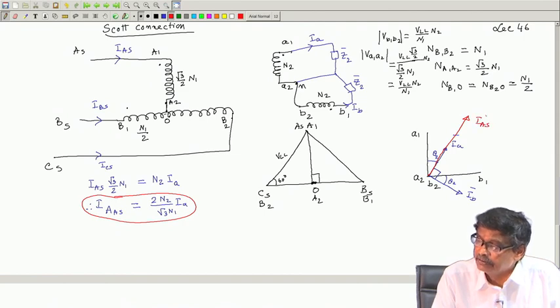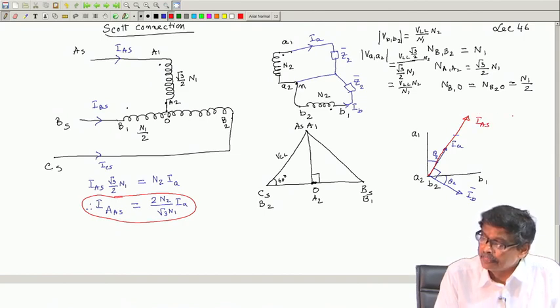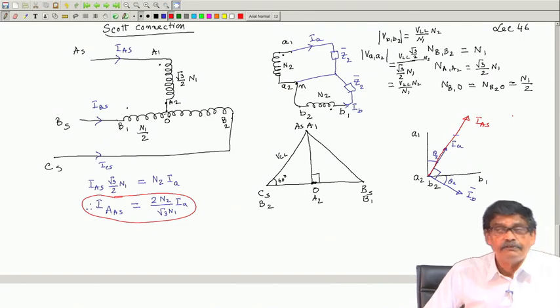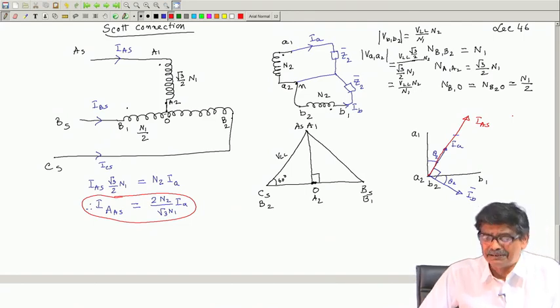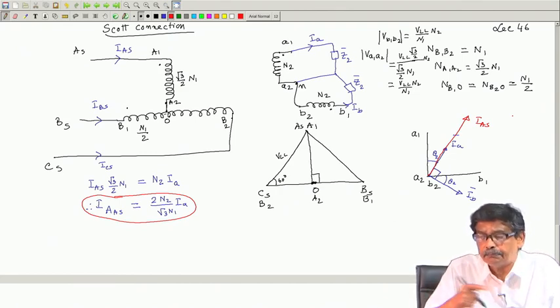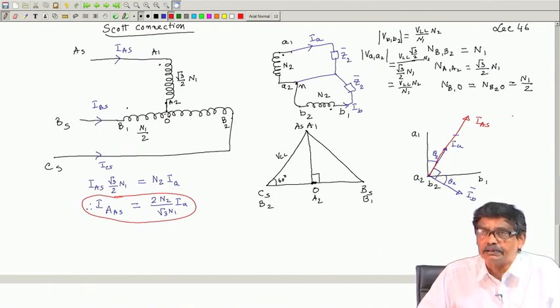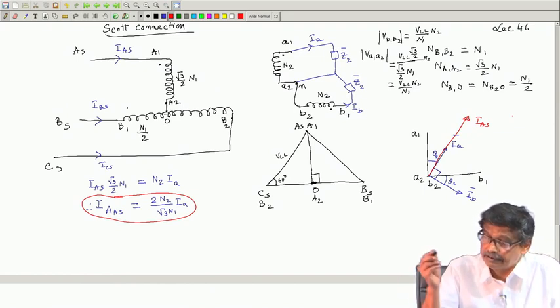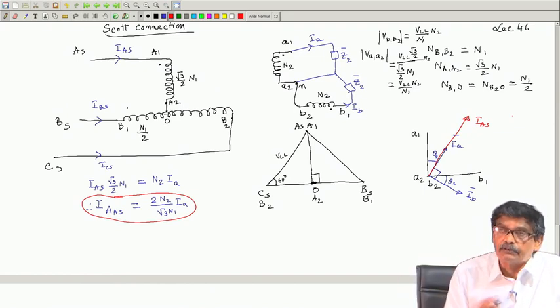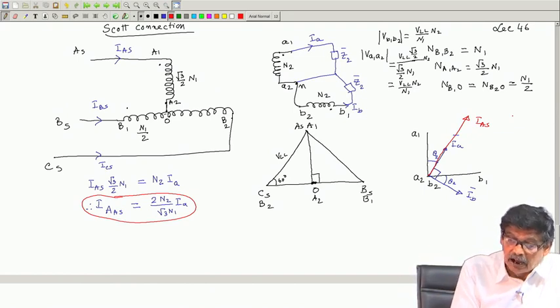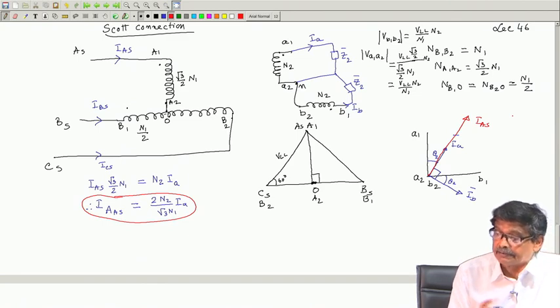See, we are using whatever we have learned from single phase transformers. Be it the transformer is operating as single phase, 3 phase, or 2 phase, individually the secondary and primary coil relationships must be maintained, that is, there will be a reflected current and so on. So, this will be your IAS. IAS is known. Now, the question is how to calculate IBS and ICS.